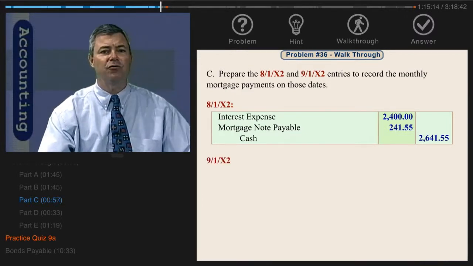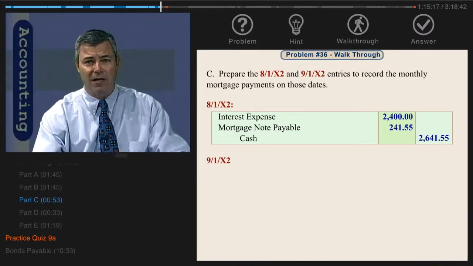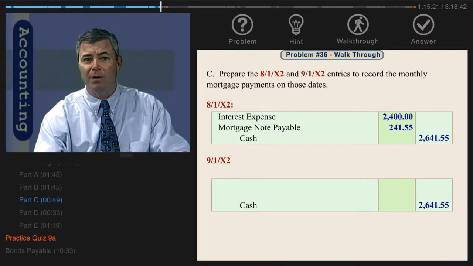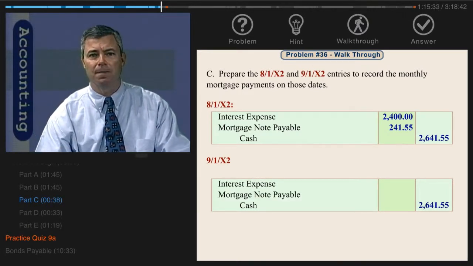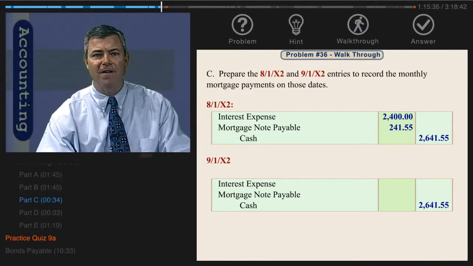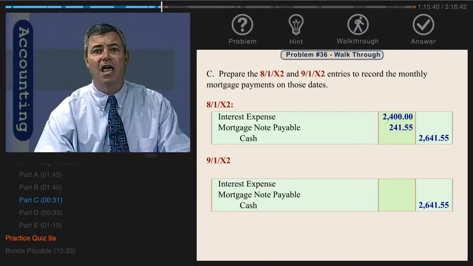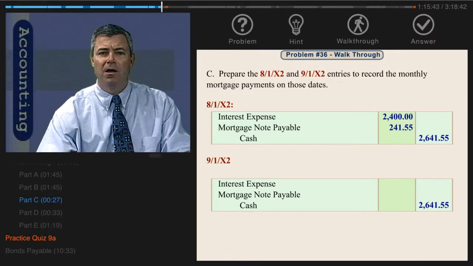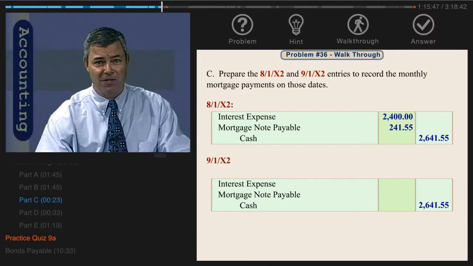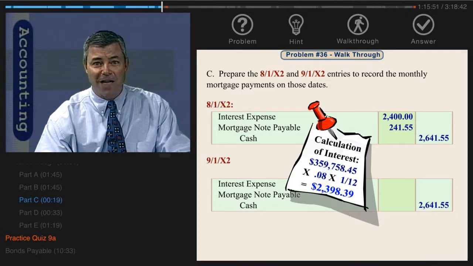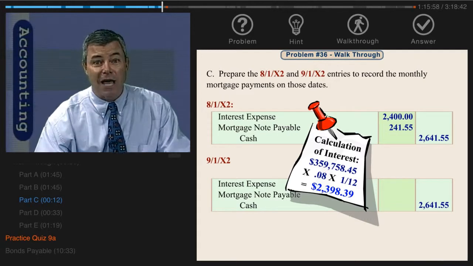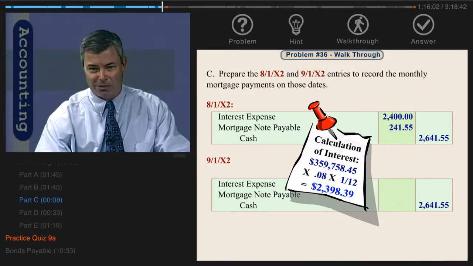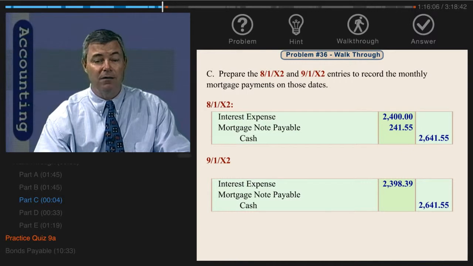In the following month, again, the entry looks very similar. The numbers are a little different, although the credit to cash is the same, $2,641.55, as it will be with every payment. The only difference here is the amount of interest expense and the allocation of the excess to the mortgage note payable. And again, we'll calculate the interest first. The calculation of interest here is complicated by the fact that the principal amount is no longer $360,000 as a result of the portion of payoff with the first payment. So at this point in time, the outstanding balance of the mortgage note is $359,758.45. Wow, this is getting long, isn't it? These numbers here, times 8% for 1 month, or $2,398.39. The difference is applied to payoff of the mortgage note for